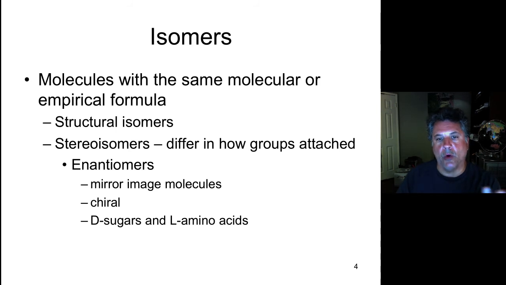We call them L or D, that is left or right, based on how they act on polarized light. The L forms bend plane polarized light to the left. The dextro, the right-handed versions of enantiomers, shift the plane of polarized light to the right. So just remember that enantiomers are mirror images of each other. And examples are the L amino acids versus the D amino acids. Turns out that biological proteins are composed exclusively of L amino acids. Only the left-handed form of amino acids are found in our proteins.